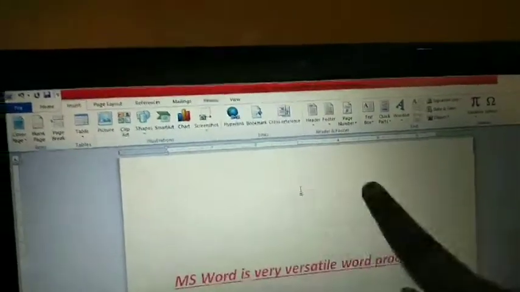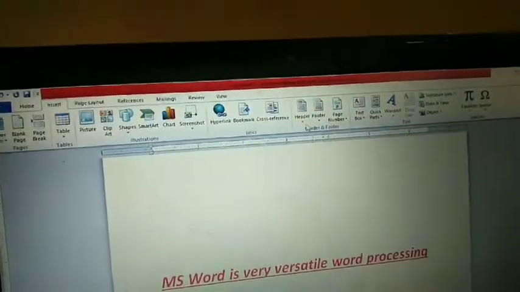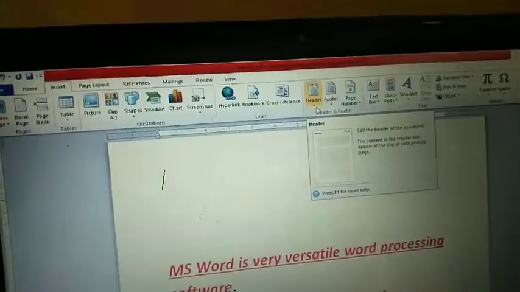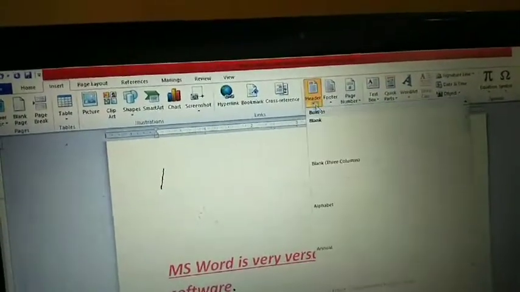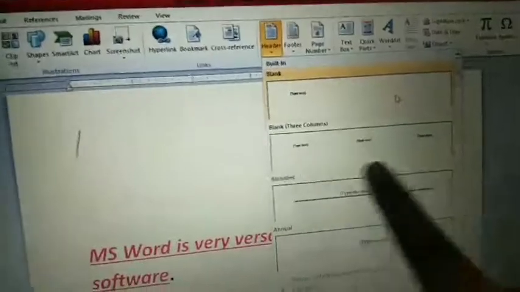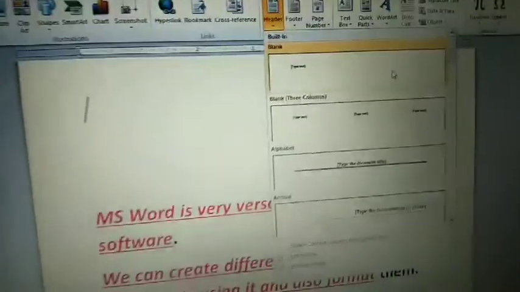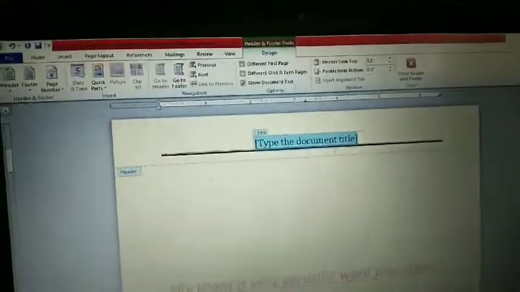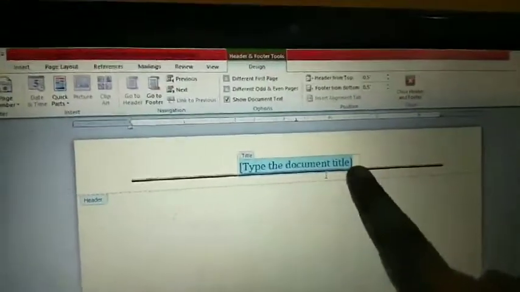Header means top of the document. Here you can see Header, there is a down arrow symbol. Just click the down arrow symbol. You will find different varieties of the header option you want. Here this is just plain text. Here are three different columns. Whichever one you want, you can select it. If I select this one, after selecting, the header option is applied here.